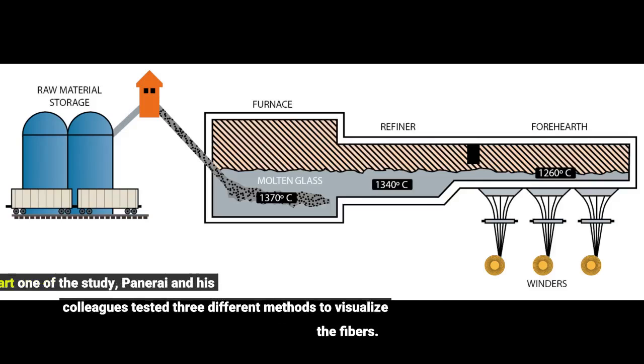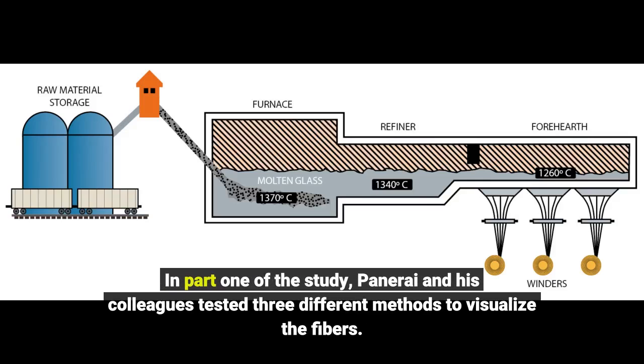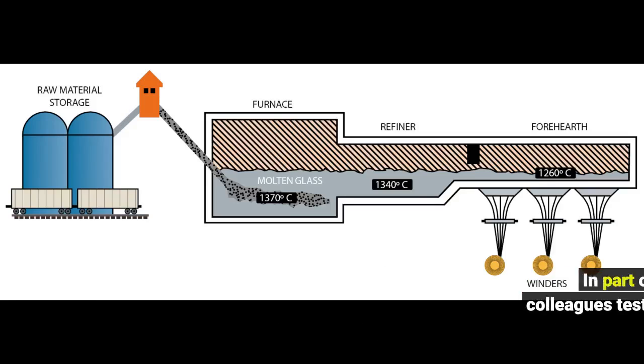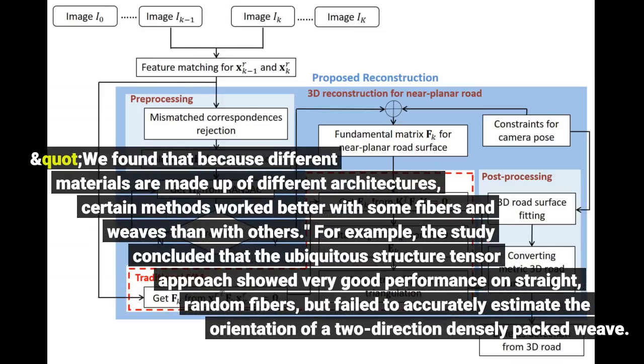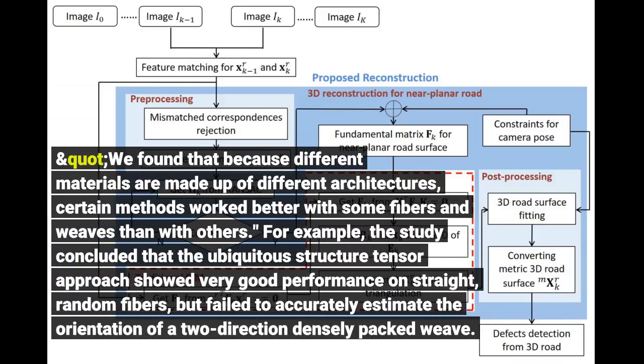In part 1 of the study, Panerai and his colleagues tested 3 different methods to visualize the fibers. "We found that because different materials are made up of different architectures, certain methods worked better with some fibers and weaves than with others." For example, the study concluded that the ubiquitous structure tensor approach showed very good performance on straight, random fibers, but